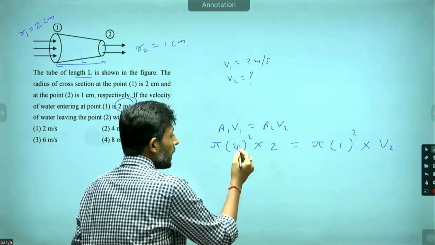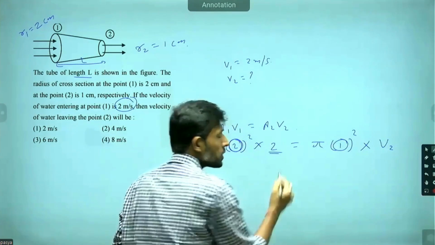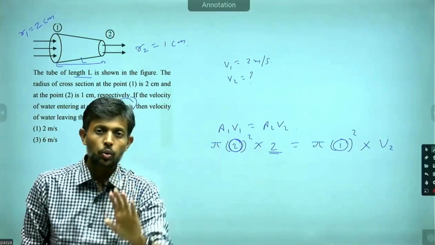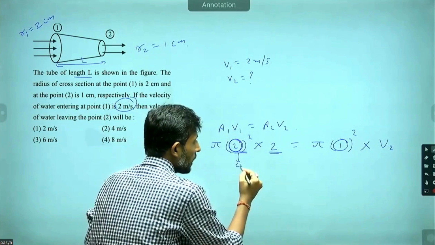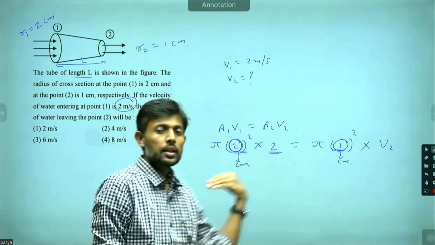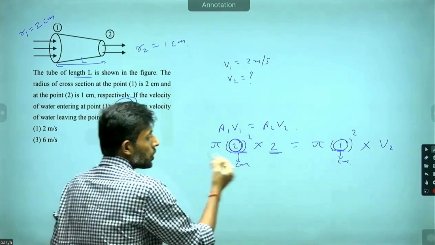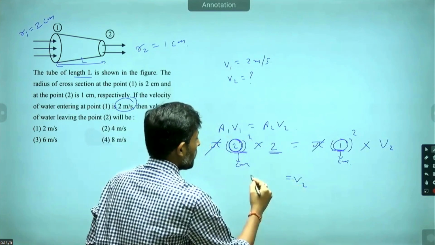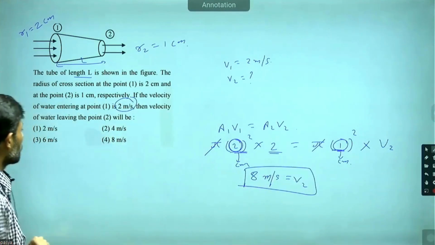Now, one would say, why did I keep this as centimeters, where this was in meters per second? Why did I not convert it into meters? Well, you could do that, you would get the same answer. Reason being, this was also kept in centimeters and this was also kept in centimeters, okay? As long as I'm multiplying or dividing by the same factor on both the sides, my answer should be fine. Okay. So if I quickly calculate this, I get V2 as 8 meters per second. So the answer would be option